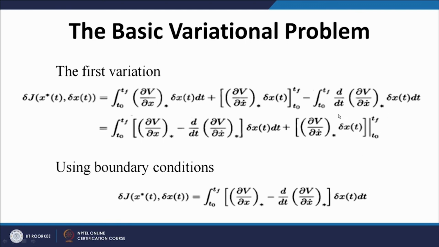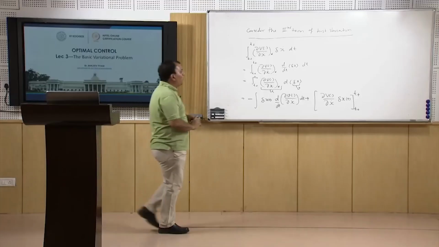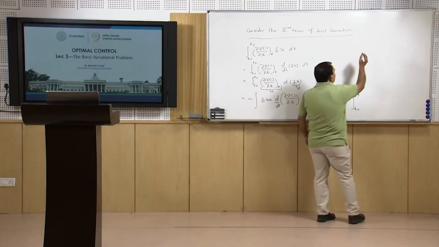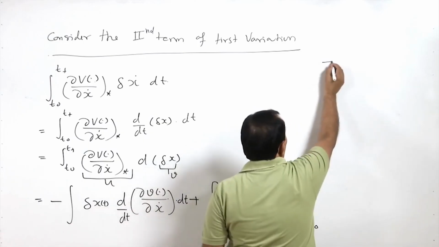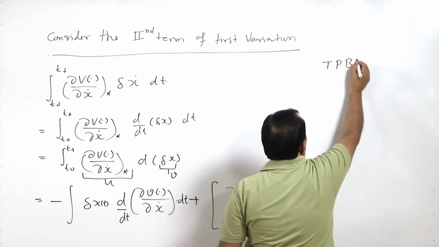So, that is why, the last term in this expression is giving me the boundary conditions, while the first term is giving me a differential equation in d by dt form. So, this is a non-linear equation which I am getting, and another term I am getting as a boundary condition. In our 2-point boundary value problem, my initial and the final point is